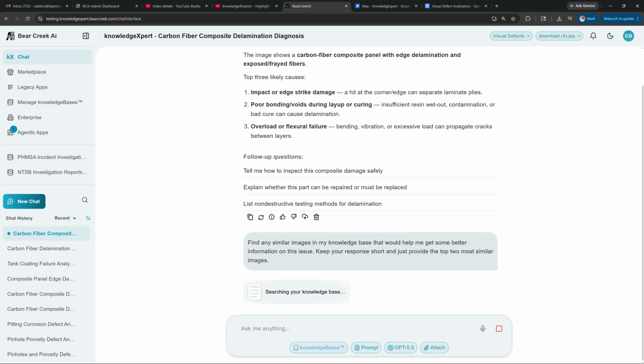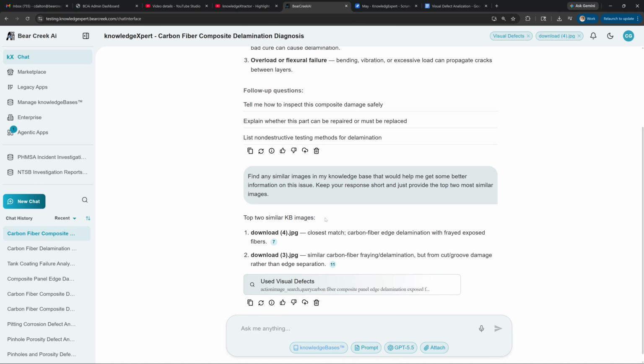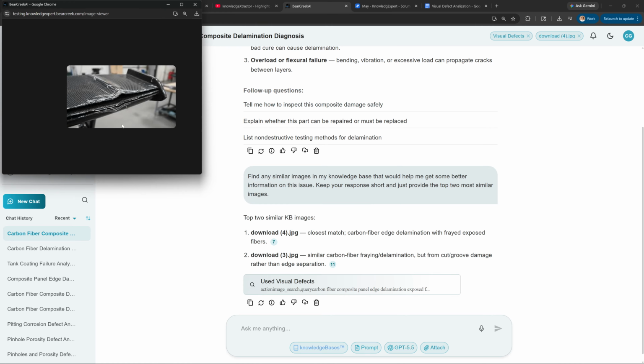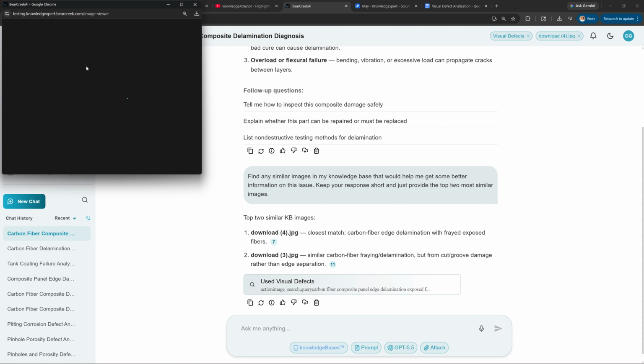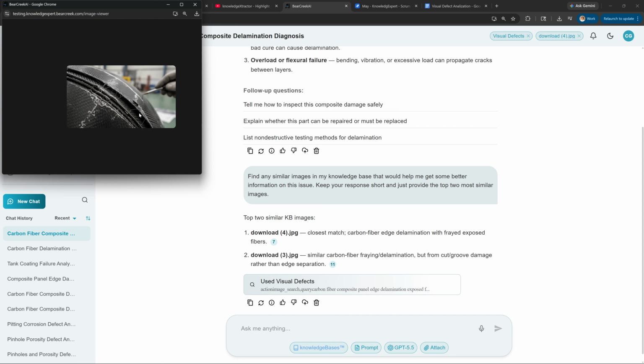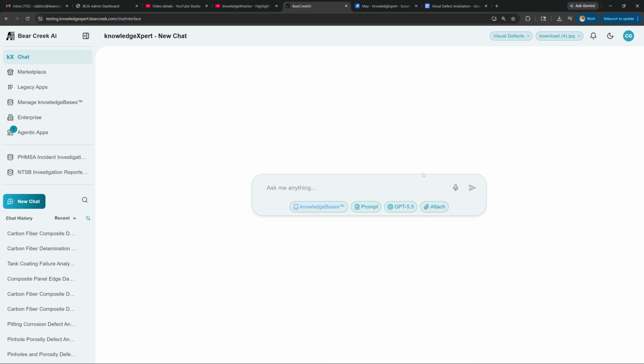Okay, so we're going to run through here. Live again, we've selected the visual defects knowledge base. Now, no surprise here, this image is the actual image that I uploaded, and so that should be returning as very relevant. But we also have this image, which is that similar image here to notice also. Okay, so that's very good, and then we'll just do one last chat,